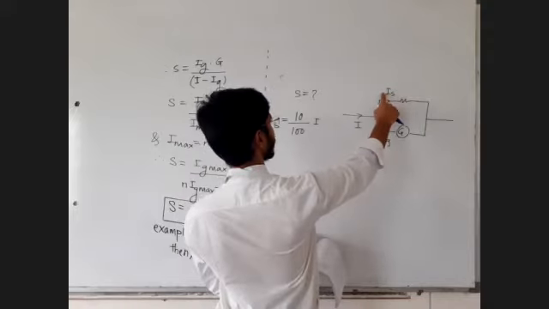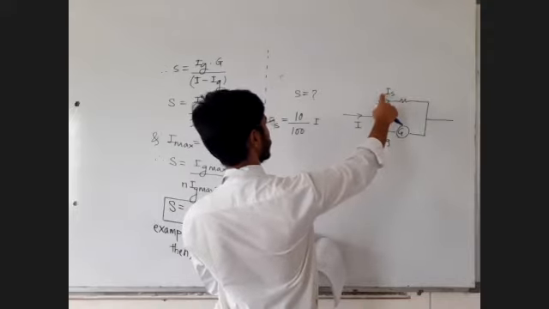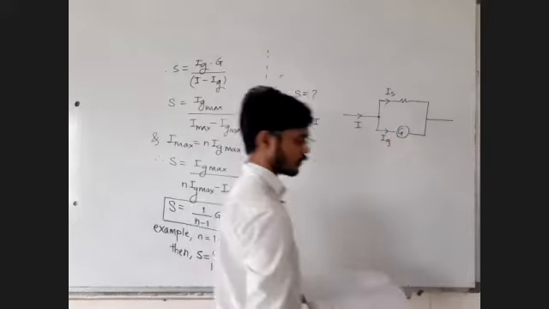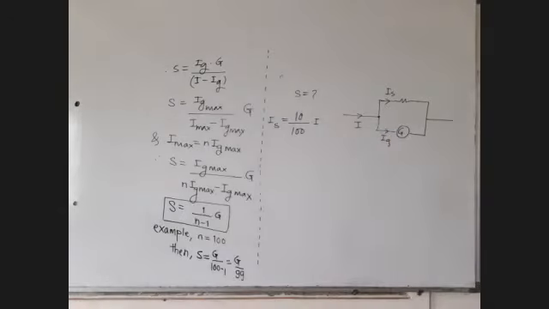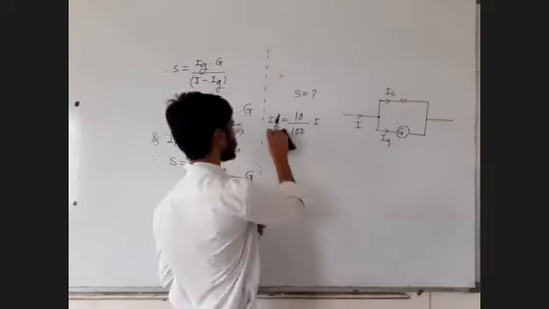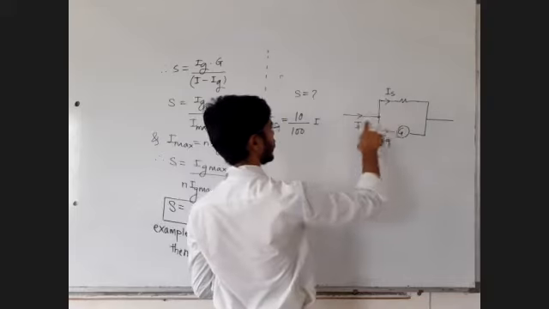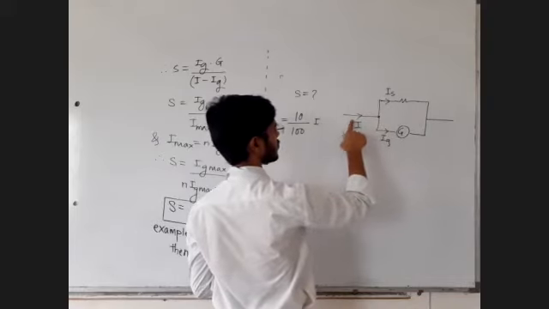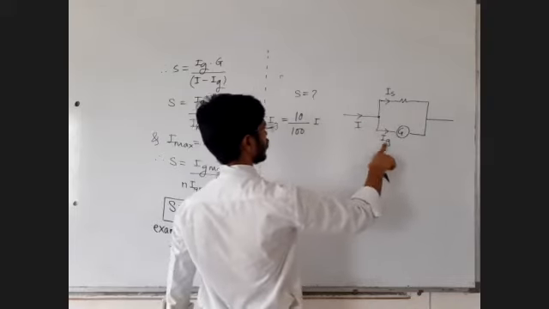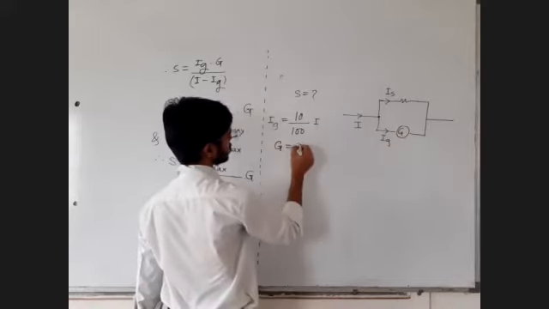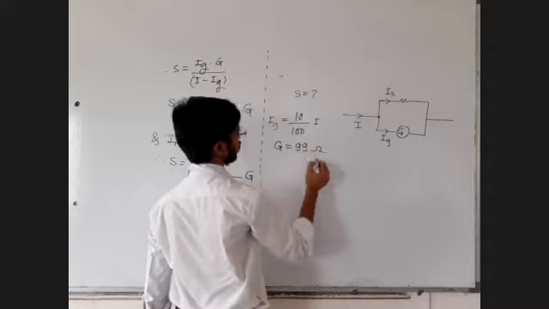या शंट मुळे काय झालंय? Because of this shunt, it passes 10% of main current through the galvanometer. Okay, so I should have written here Ig. Because of that shunt, 10% of main current, this is the main current, passes through the galvanometer of 99 ohm. So galvanometer resistance is 99 ohm.